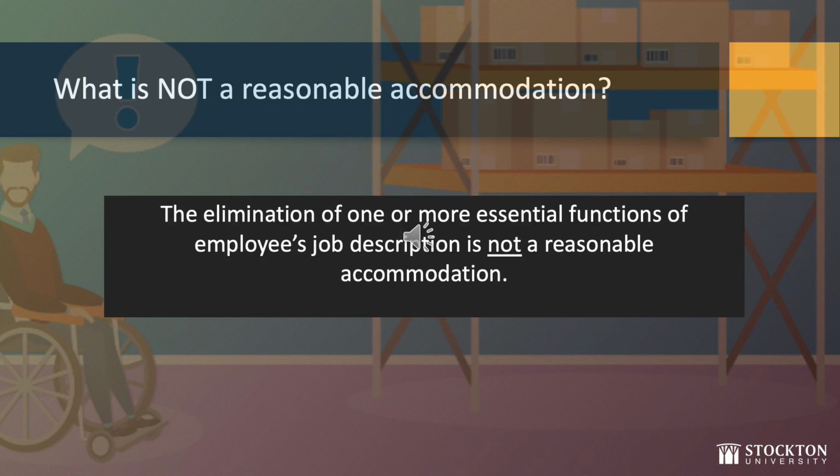There are also times when a requested accommodation is considered not reasonable because it creates an undue hardship on the employer's business operations or budgetary limits. If we return to the earlier example of the employee who uses a wheelchair and needs to reach or move the packages on the shelves that they cannot reach, we already know that a job modification for this employee might be not to store packages at a height where the employee cannot reach them.